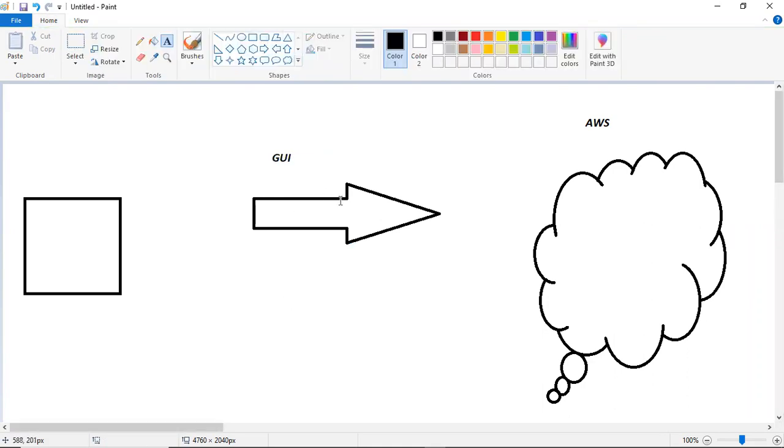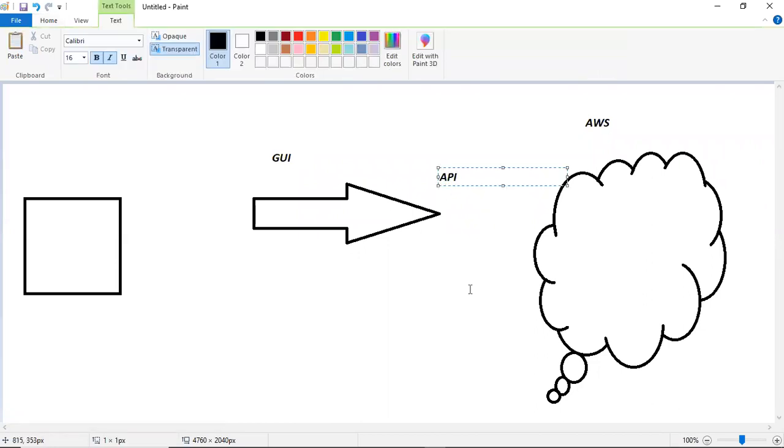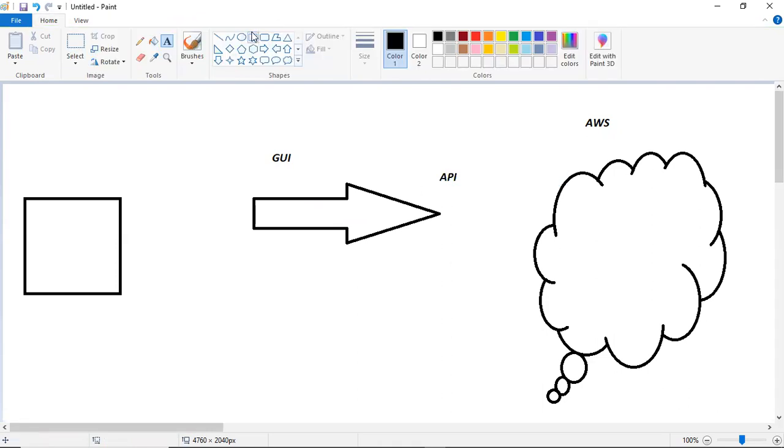There will be buttons, like a launch instance button. Behind the button, there will be some logic, correct? While executing that button, an API will automatically be generated, and that API will be creating the resource. If you are accessing EC2 and you want to create an EC2, from the GUI it will be creating an API. This is the method you will usually use, right?